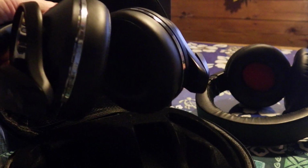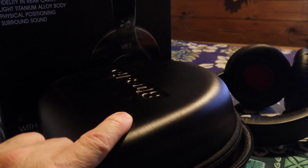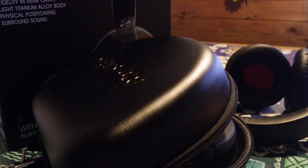I'm probably going to end up using them more than I'll use the Sonys until I get Bluetooth DAP, or I use Bluetooth more because I don't much. These are pretty much for using with a computer. Do I wreck them? I'm not into wrecking Bluetooth stuff, and at the price that they're asking for this right now, which is like $170, no freaking way. These come down to like 99 or 120. Yeah. If you do use your computer or your television is on the net and you use it a lot, and you want positional sound, something with an emphasis on the bass, and it talks to you because you're slightly slow,